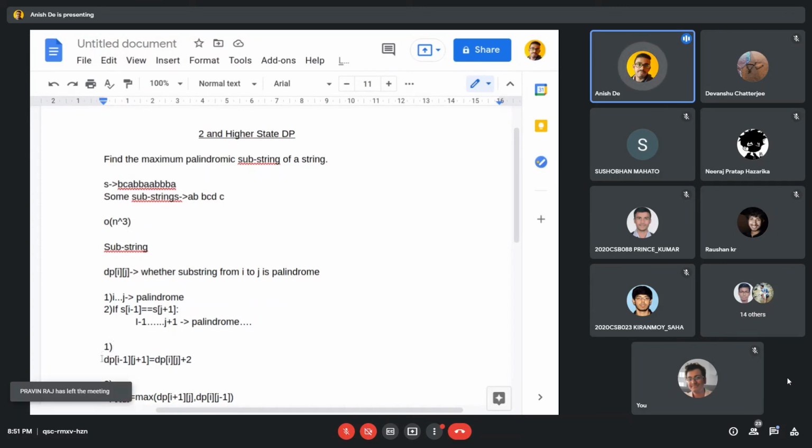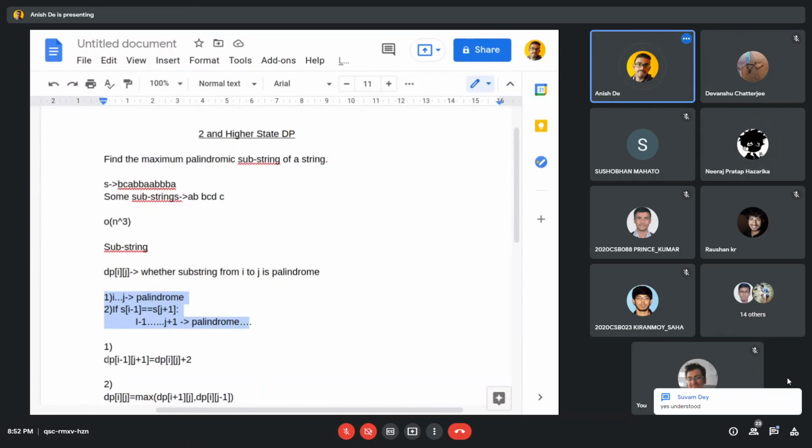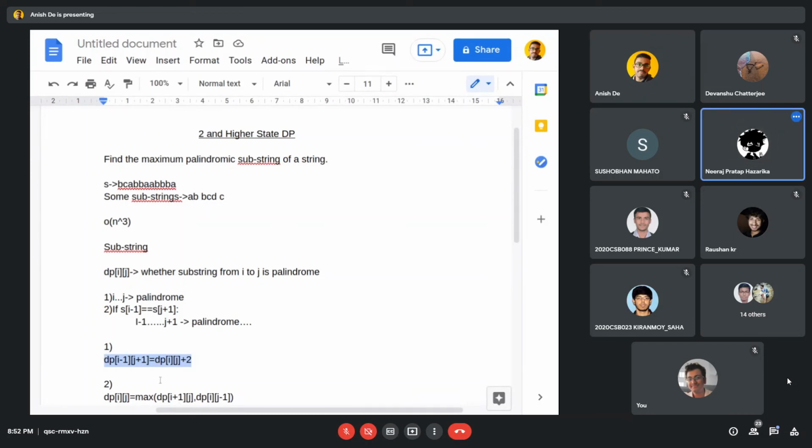First of all, has everyone understood why this transition is taking place? If these two are true, this will take place. Has everyone understood why? Yep, got it. So why will this occur? Can anyone tell why this transition is taking place?